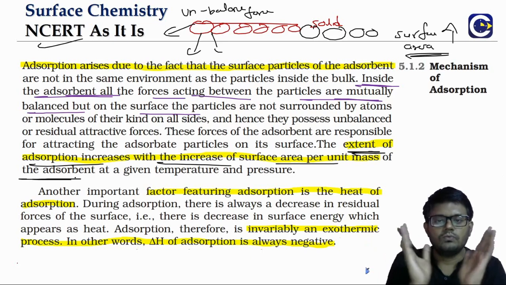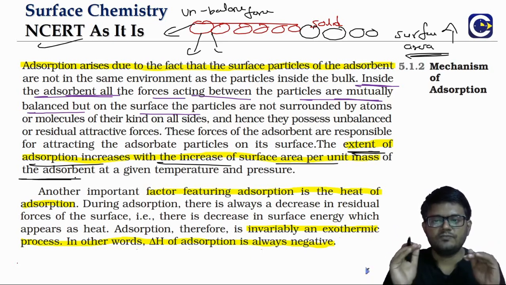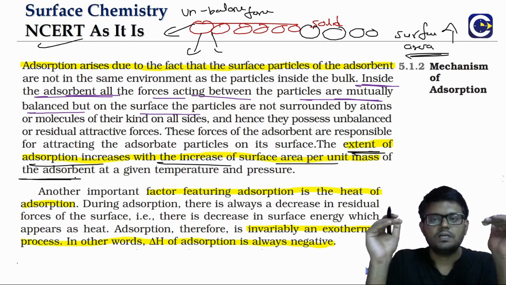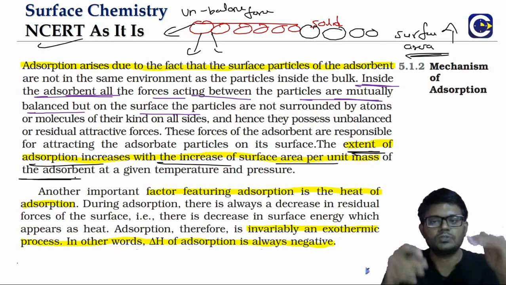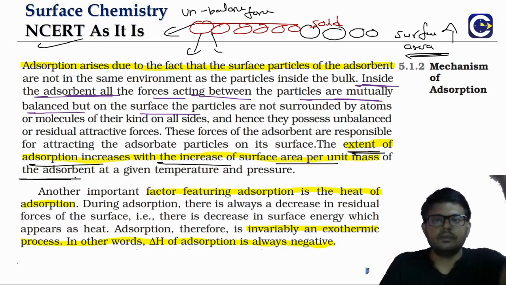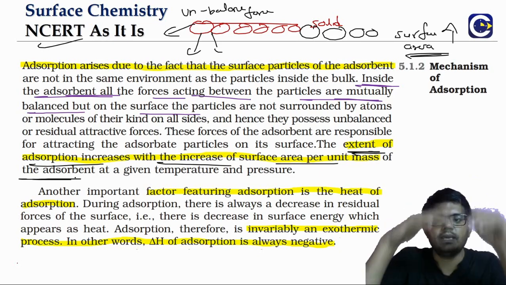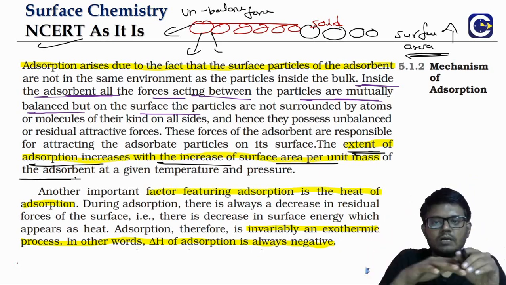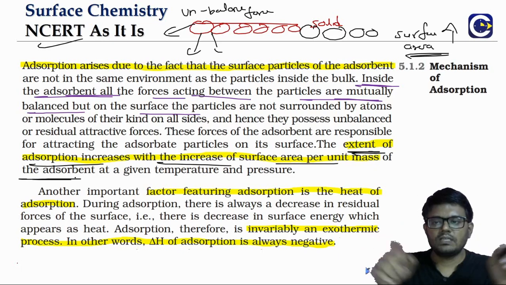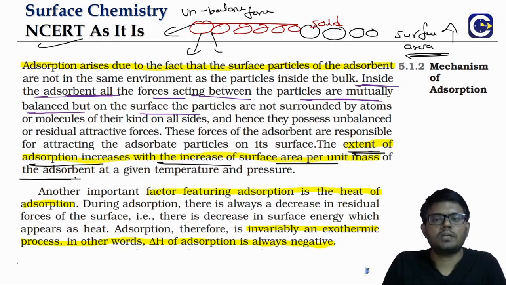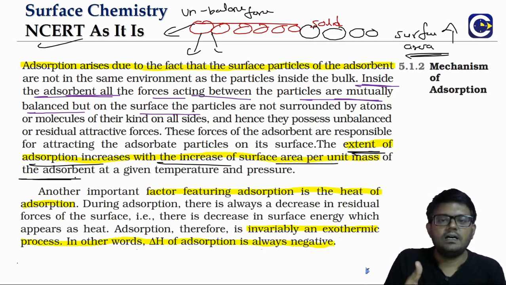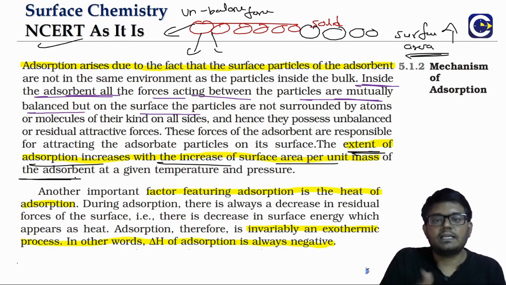Okay, so why does adsorption happen? Fundamentally, the particles on the surface of the solid will have unbalanced forces, so they can attract anything that is coming from the other side, and that is what will make the particles of the liquid or gas come and settle. And one thing we can see, as the surface area is more, means more number of particles can come and settle, right? So a higher surface area will mean more is the extent of adsorption.